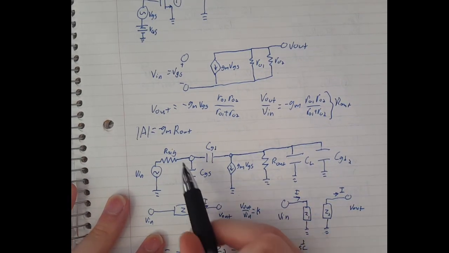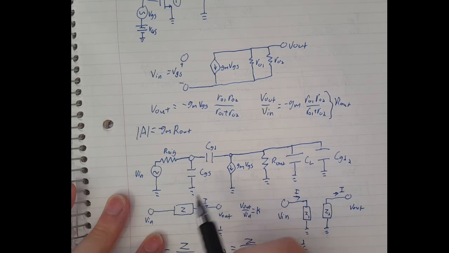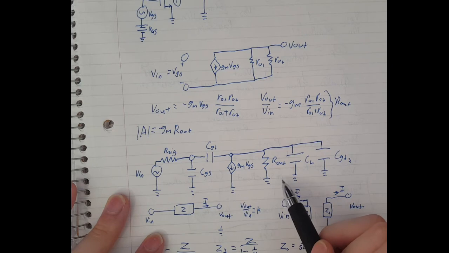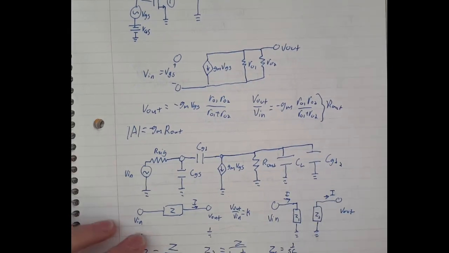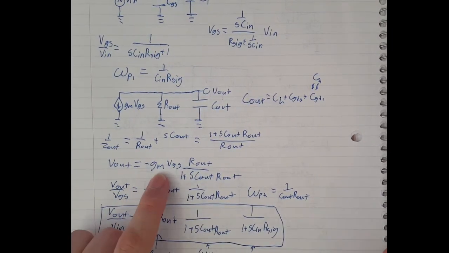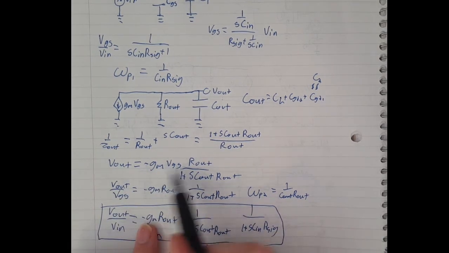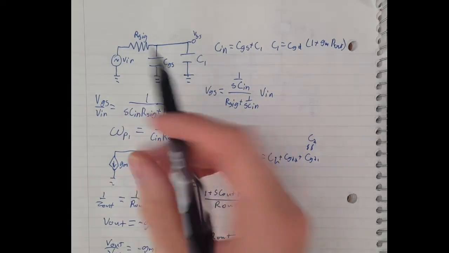The fact is that you can get a current through your input to ground, and that current will come out and will contribute to the current across your output impedances, so we got our V out by multiplying the current by the output impedance. Well, there's an input current here,